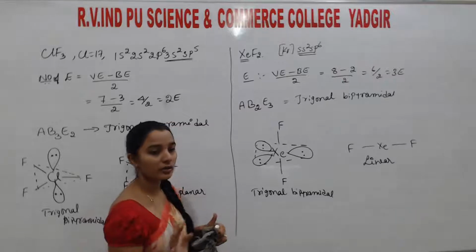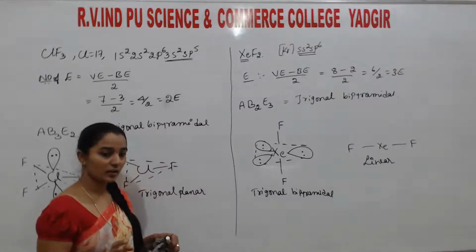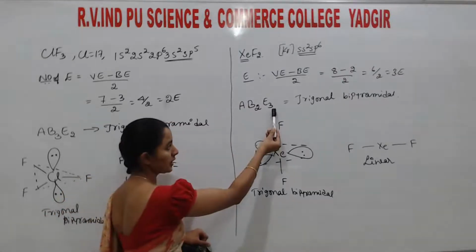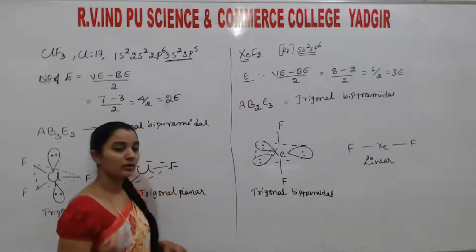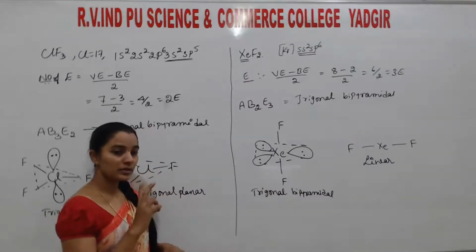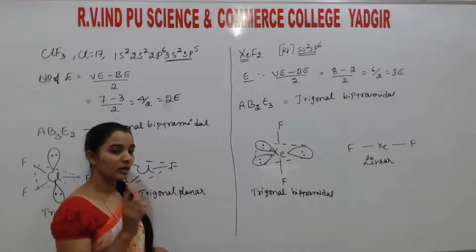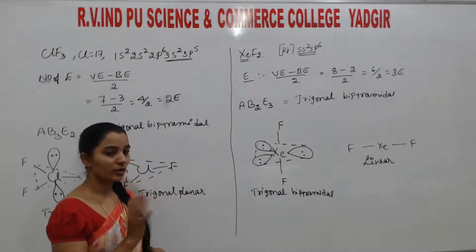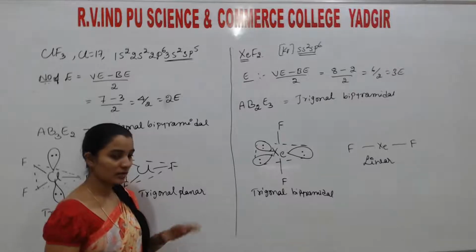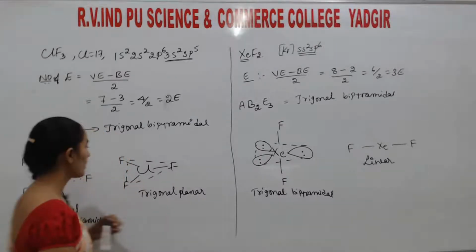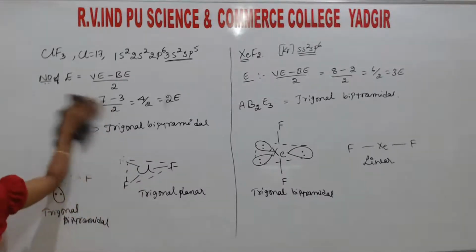For 6, octahedral. That's enough. So no matter whether it is an electron pair or a bond pair. Understood? Consider both of them. If it is equal to 4, then it is tetrahedral. If it is equal to 5, trigonal bipyramidal. That is the standard structure. Okay? So next we will move to